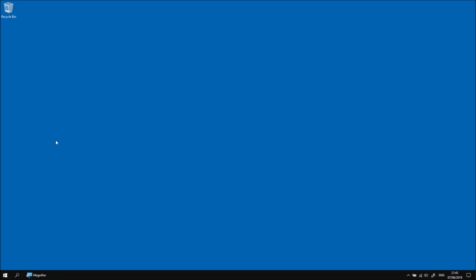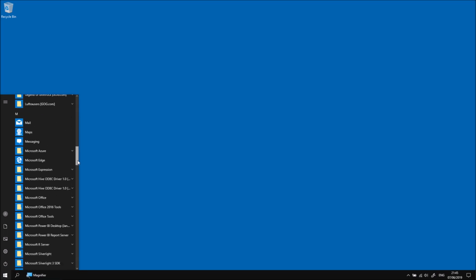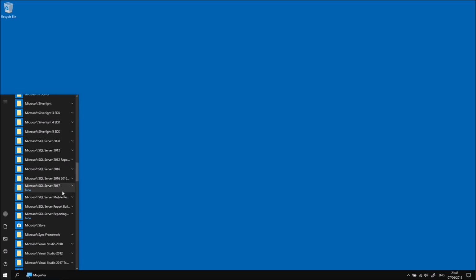Okay, so we're back after the restart, and the next thing we're going to do is check that our new SQL Server service is actually running. To do that, we can use a tool called the SQL Server Configuration Manager. And to find that tool, if you have a quick look in the Start menu and then scroll down to the Microsoft SQL Server options, you might not have quite as many as I do installed at this point,